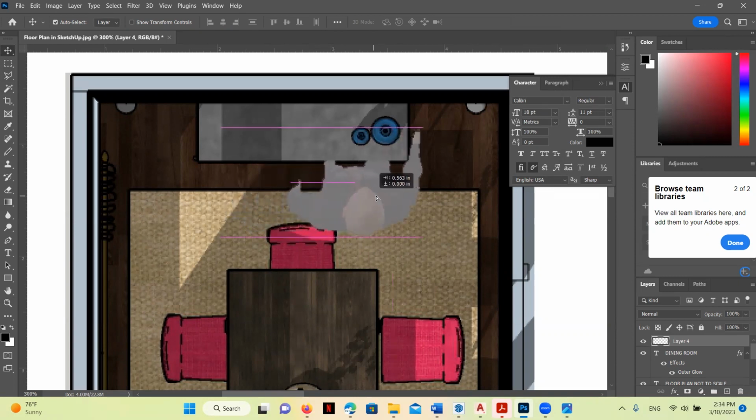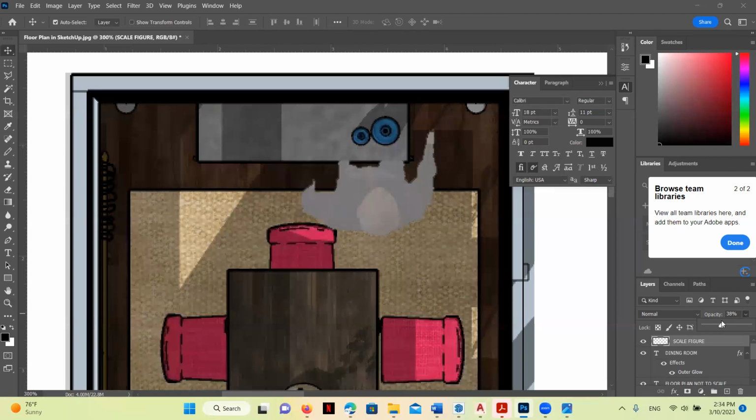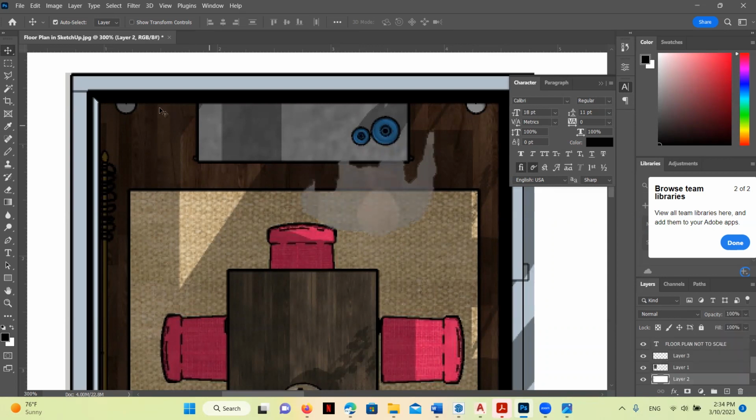And so I'm going to just move him over here, and I can rename him Scale Figure and adjust the opacity so that he's a little bit lighter. 50, 60%. And we do have a scale figure.